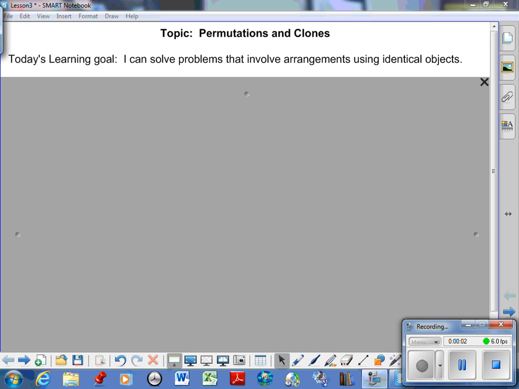Okay, so lesson 3, permutations and clones. What is the goal? I want you to be able to solve problems that involve arrangements using identical objects. So if you remember back to a previous example yesterday or the previous lesson, we said no repetition allowed, has to be different colors. Now today I am saying, well, what happens if we do have repeated colors in a